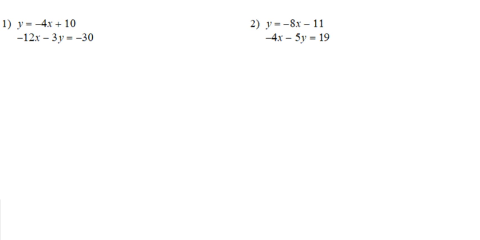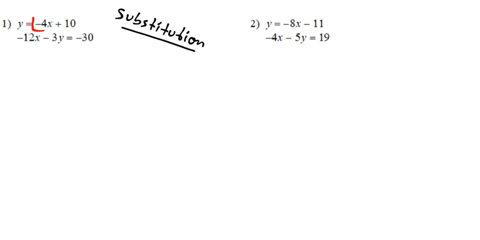Alright, we're reviewing substitution and elimination and ways to solve systems of equations. Number one asks what option we choose to solve this system. Since y is already solved for in this one, I would use substitution. There is a way to use elimination if you wanted to, but for me, the easiest way